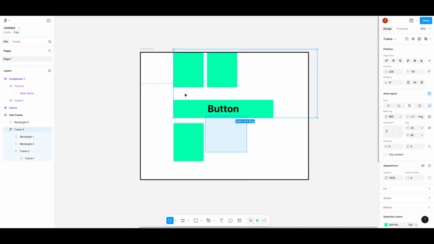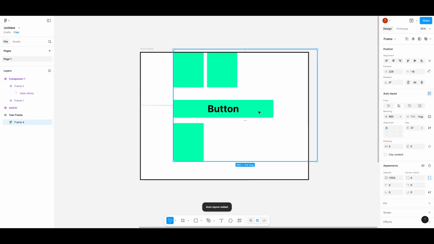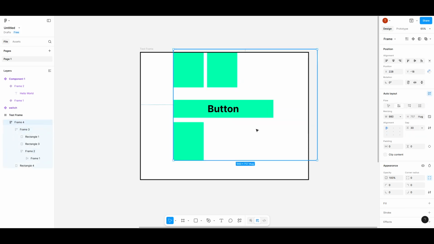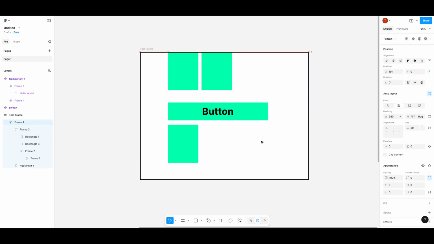To wrap up, auto layout in Figma is a simple yet powerful tool that significantly enhances how you manage and organize your design elements. By practicing with this feature, you'll save time and effort in your future projects, allowing you more freedom to explore creative ideas rather than getting bogged down in the